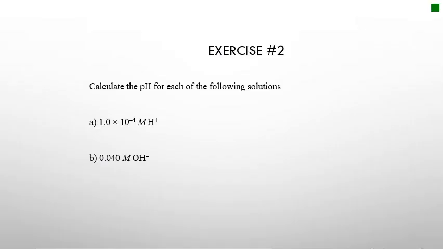Now, calculating the pHs for solutions is actually not too hard. You just have to use a little bit of logic. If you have solutions where your concentration is 1 times 10 to some power, anytime that I take the negative log of 1 times 10 to the minus 4th, you don't even have to plug it into your calculator. Whatever your exponent is for the 10, that's going to be your pH. So in this case, if I took the pH, the negative log of 1 times 10 to the minus 4th, the pH